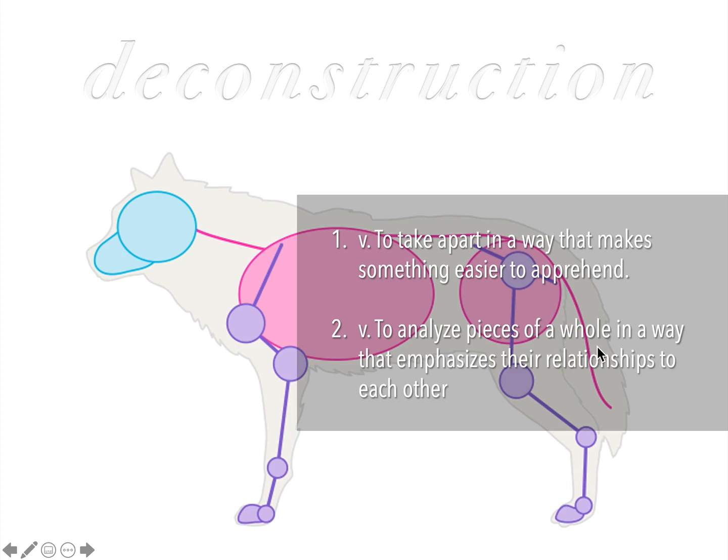To analyze pieces of a whole in a way that emphasizes their relationships to one another. So again, connection, and we can start to see pattern and proportion. This will be important in your first assignment in this course because we're going to engage with the figure, and there's definitely a deconstruction process that has to happen in order to see how the size of the head, and we're going to be looking at humans, but you can do this with almost any piece of anatomy, how the size of the head actually relates to the size of the other joints in the body and how those shapes might either be similar or a little different. So to be able to make that analysis, we have to deconstruct the larger image first as we draw.